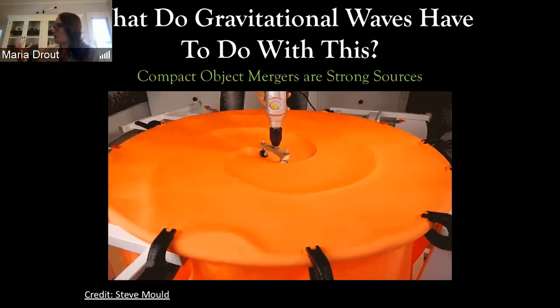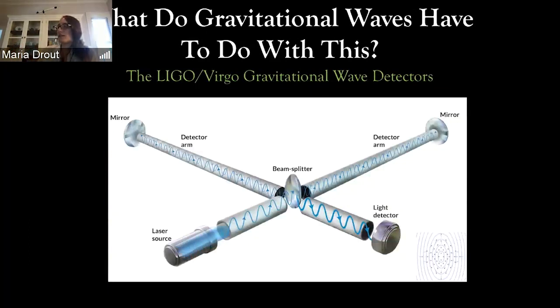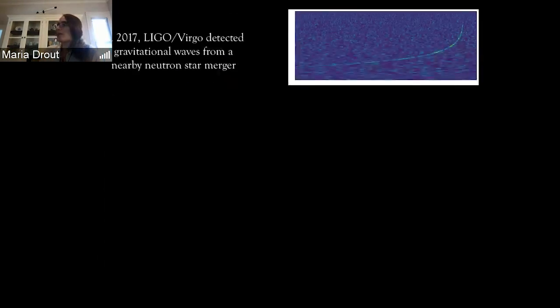And this is why those of us who are astronomers studying explosions were incredibly excited when in 2015, the Advanced LIGO gravitational wave detector turned on, and then in 2017 was joined by the Virgo detector in Italy, because they were going to have the promise of perhaps helping us find neutron star mergers. In particular, while in 2015, LIGO first started finding massive black holes that were merging, which are great, but don't really produce light, we don't think, in 2017, LIGO and Virgo did detect a gravitational wave signal from a very nearby neutron star merger. And that triggered quite a few events.